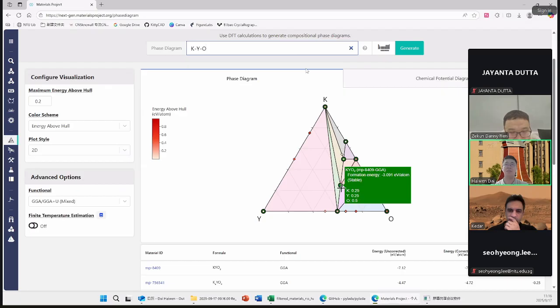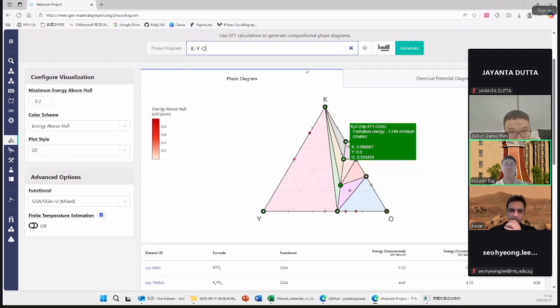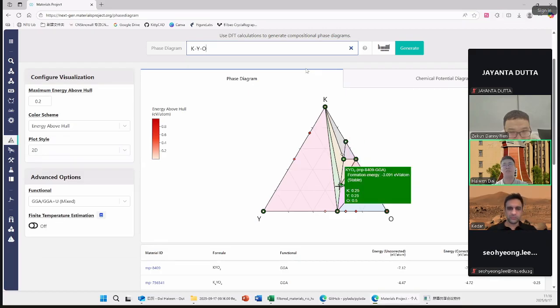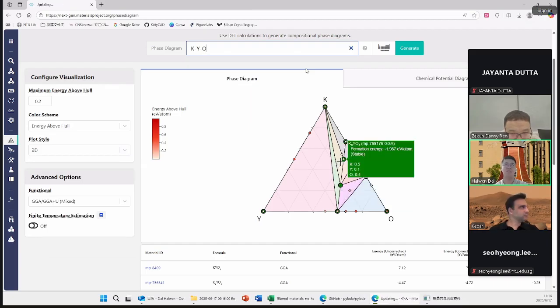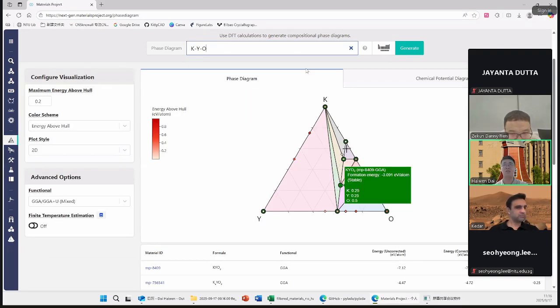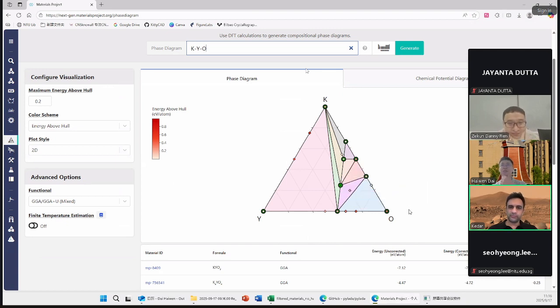And the best synthesis route is apparently we need to get something like this KYO2. Of course, we need to run the reaction network to see what other precursors there are, like chlorides, that sort of thing. Within this ternary phase diagram, Kara, you know that if we run the reaction network, it will suggest more funny precursors. That's true. And we can do the metathesis as well, right?